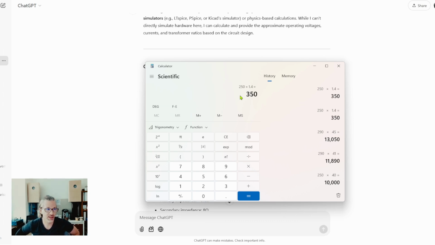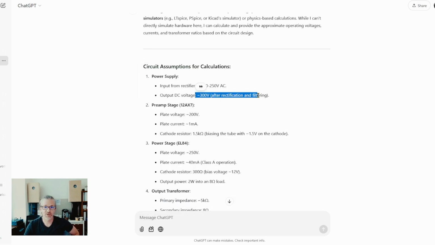Let's take out from 10 to 30, maybe 20 volts for rectifier drop, and then maybe another 10 volts for the voltage drop at the inductor. So minus 30 volts, we will have 320 volts DC. Kind of like 300 volts, but that actually does make a significant difference. 300, 320, that's almost 10% difference, and